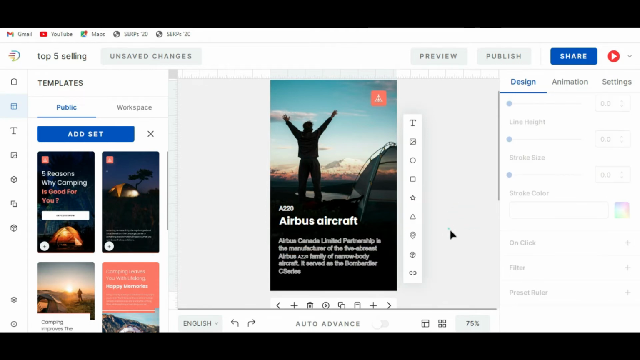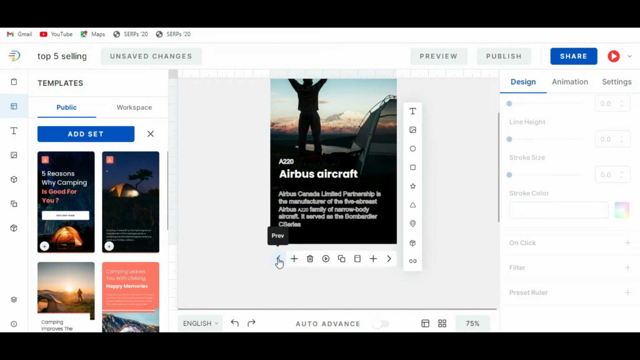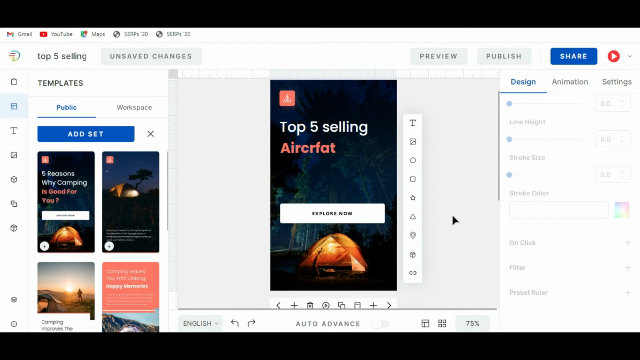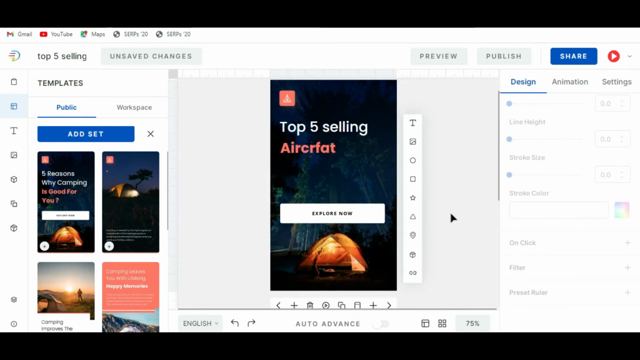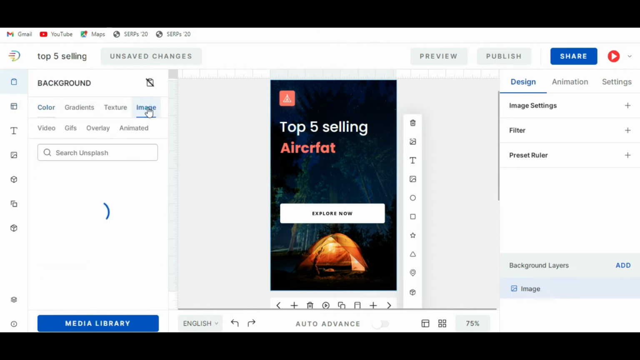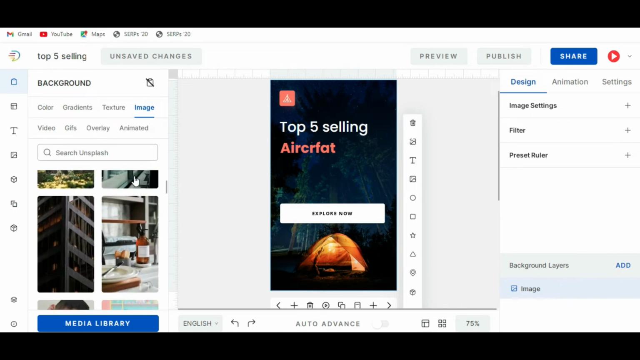Okay, so now this is done. Top 5 selling aircraft. Now I have to put the aircraft pictures instead of this background. The background is different here, so for that I have to go to this template area and then background. There is an image option. You will get two options of uploading your own image,